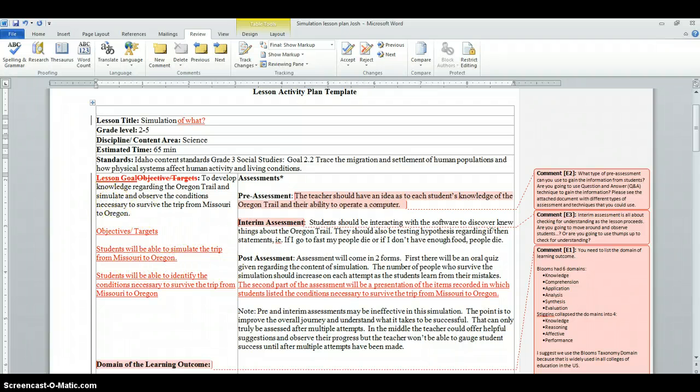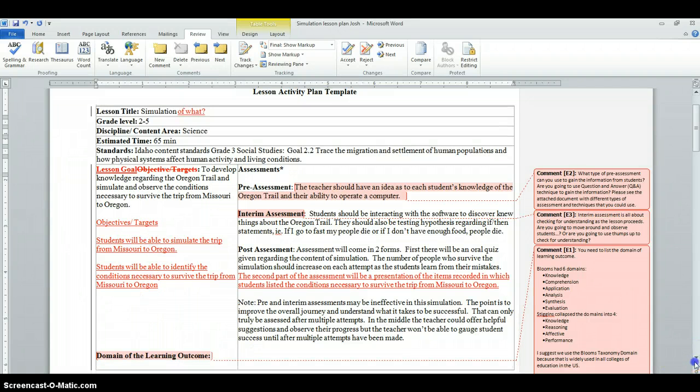The word simulate here falls under application. So for them to be able to show that they are simulating, it means they're able to what? To apply the knowledge that they have. So in this goal, you already have what? Two objectives that you can measure. Coming down here,